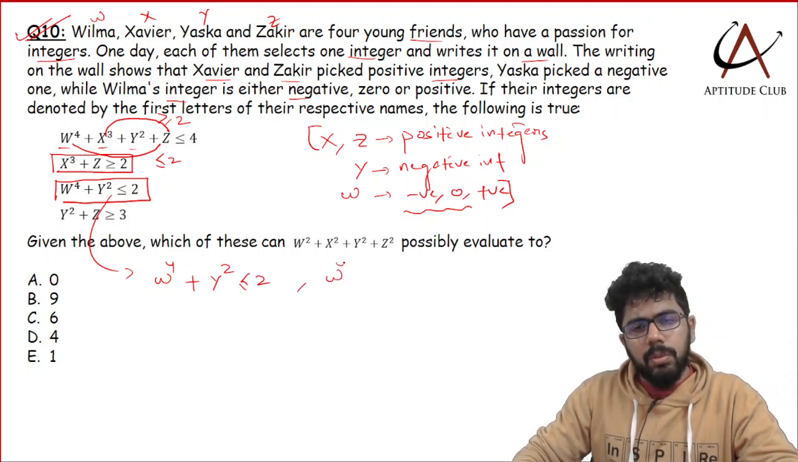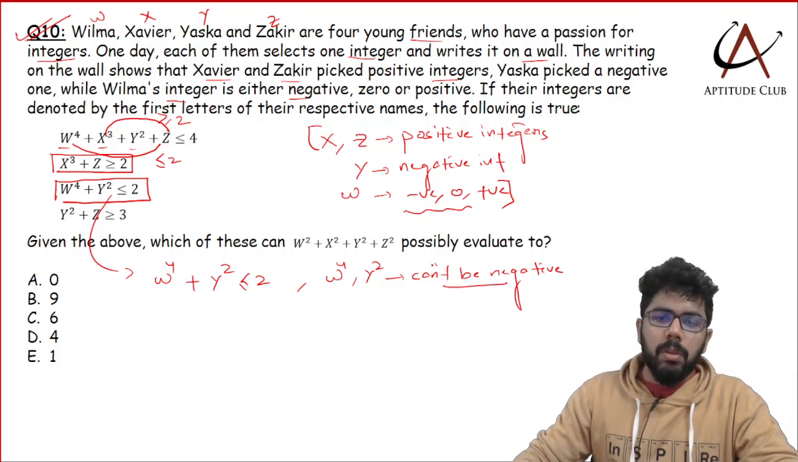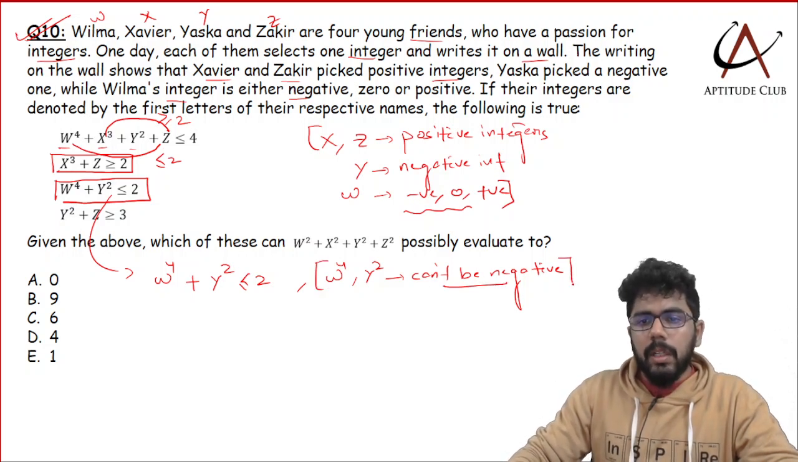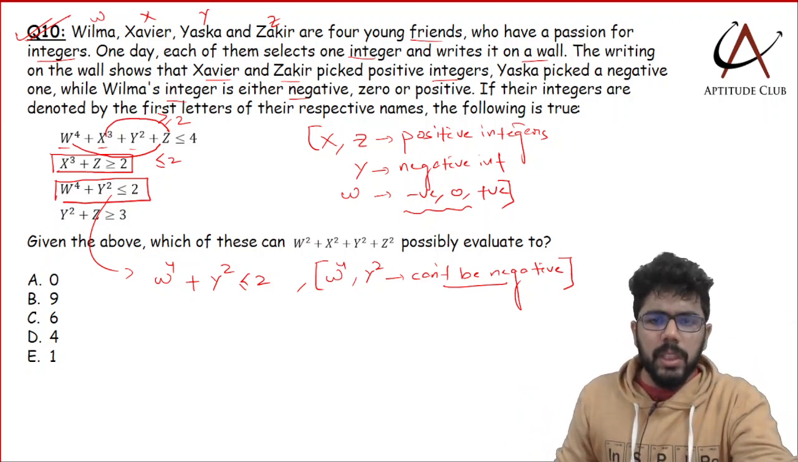Now I can say w to the power 4 and y square, they cannot be negative, क्योंकि ये इवन पावर्स है। तुम नेगेटिव नंबर लो या पॉजिटिव नंबर लो, इनका जब तुम स्क्वायर करोगे या to the power 4 करोगे, you will never get a negative number, it is definitely positive, वर्स्ट केस जीरो हो सकता है।